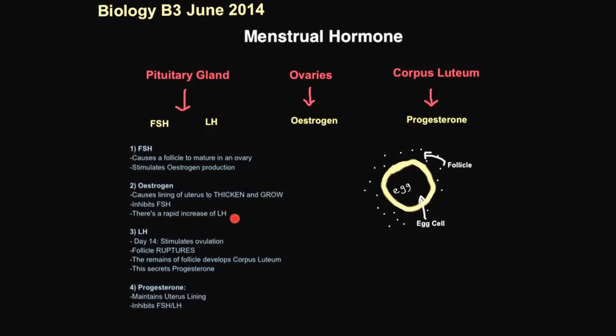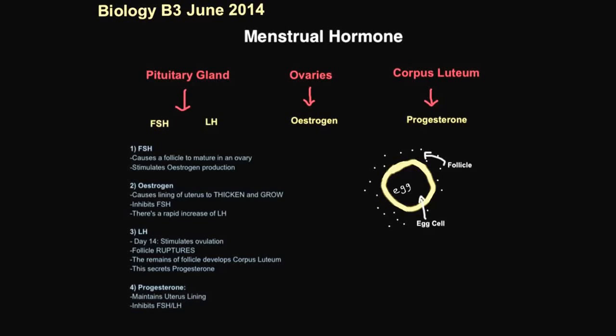And then there's a rapid increase of LH. LH is made on day 14. This stimulates ovulation, and the follicle ruptures, and the remainder of the follicle develops into the corpus luteum. This secretes progesterone. Progesterone maintains the lining of the uterus and inhibits LH and FSH, so you don't have multiple eggs